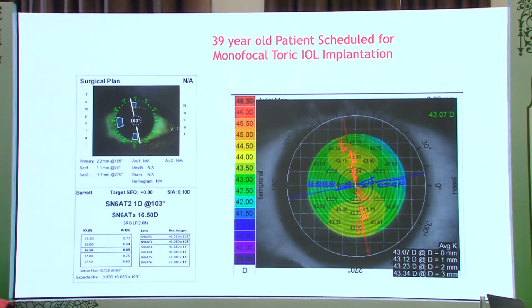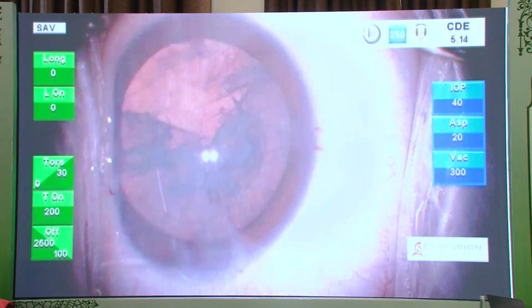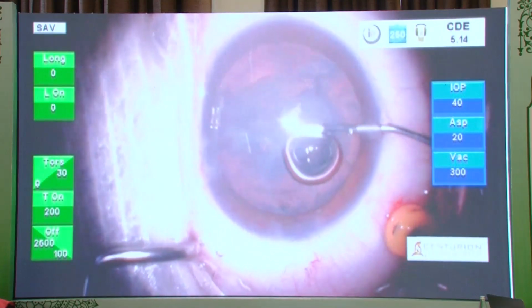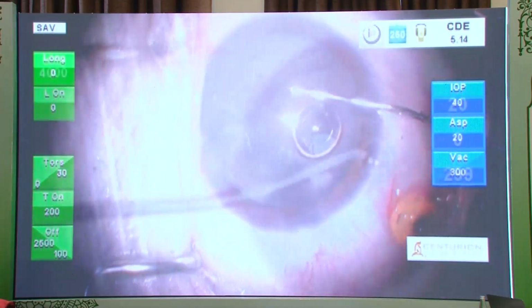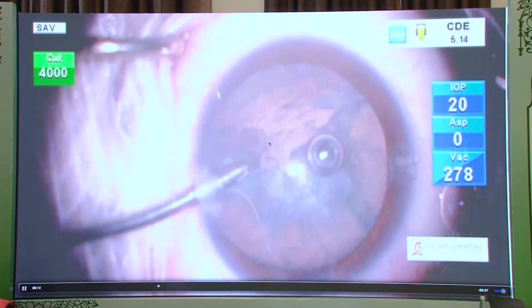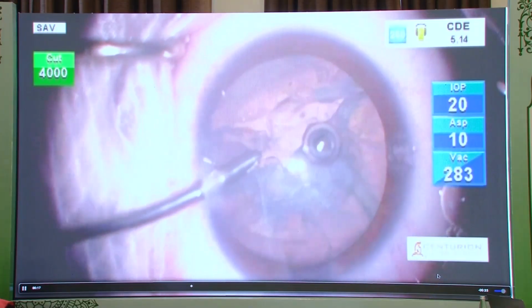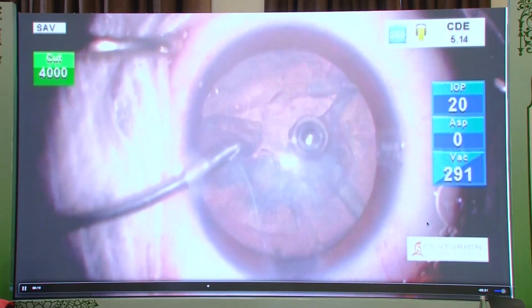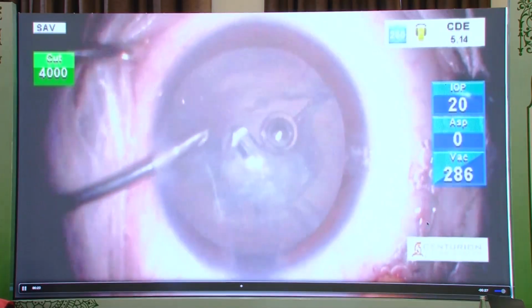And you can see all the things that Dr. Bharti and everybody said, we did everything diligently, but this is where there was a PCR noticed. 3/4 of the nucleus is still in, but again, like I said, you have to do what needs to be done. So triamcinolone was injected, you can see the trocar here, and the trocar was put in, vitrector goes through, and irrigation still remains limbal, and you do an anterior vitrectomy.